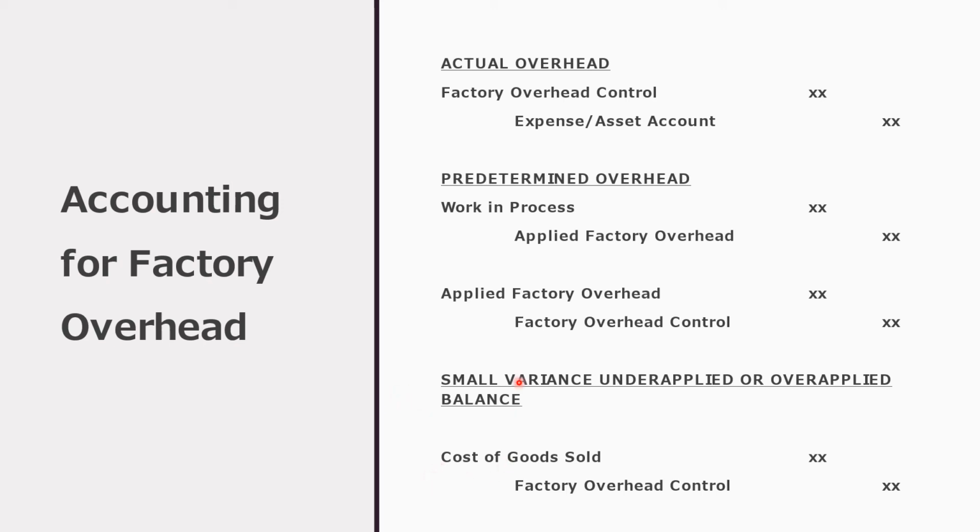So if this is an under application, you just debit cost of goods sold and you credit factory overhead, because that means whatever you applied here in standard form